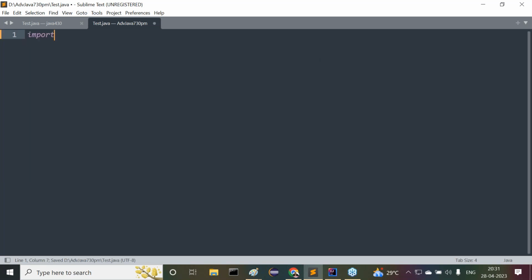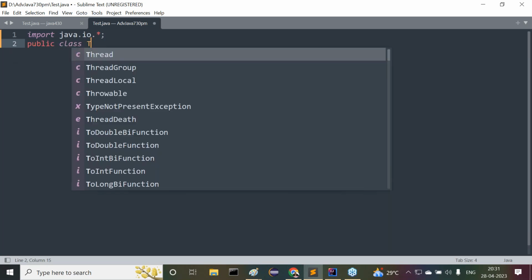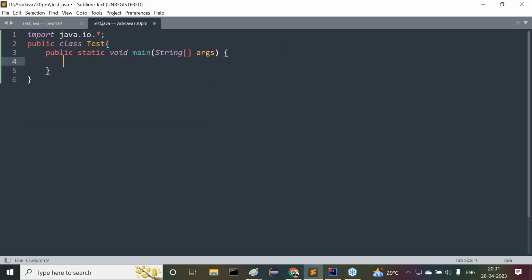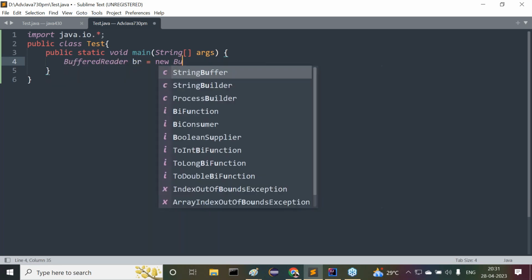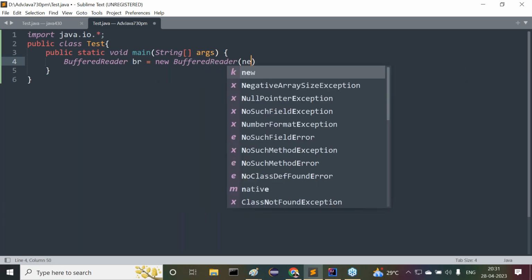Right, sir. First of all, let me go for import java.io.*. Why, sir? Why am I using this import java.io.*? Because BufferedReader, InputStreamReader, and all this content is available in the java.io package. That's why here we imported java.io. Okay, fine. Next one is public class Test. This is our main class. Inside this, what is required? Main method is required. Fine. First of all, here I have to create buffer data or not? First of all, here we have to create the BufferedReader. BufferedReader br = new BufferedReader(new InputStreamReader(